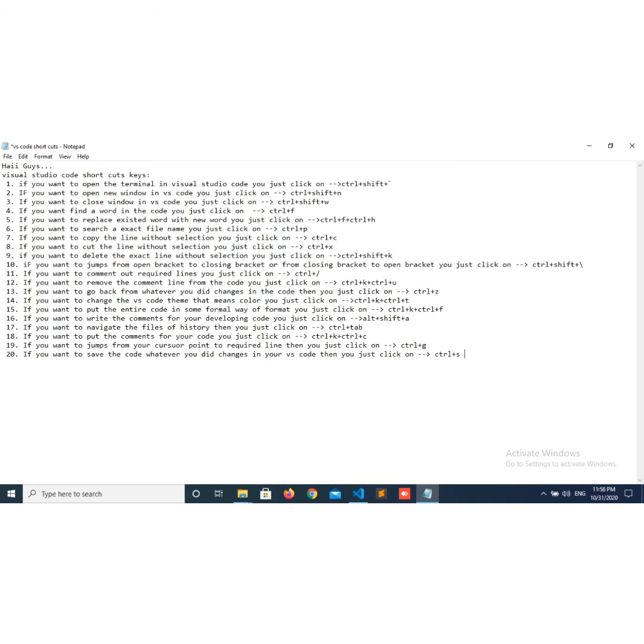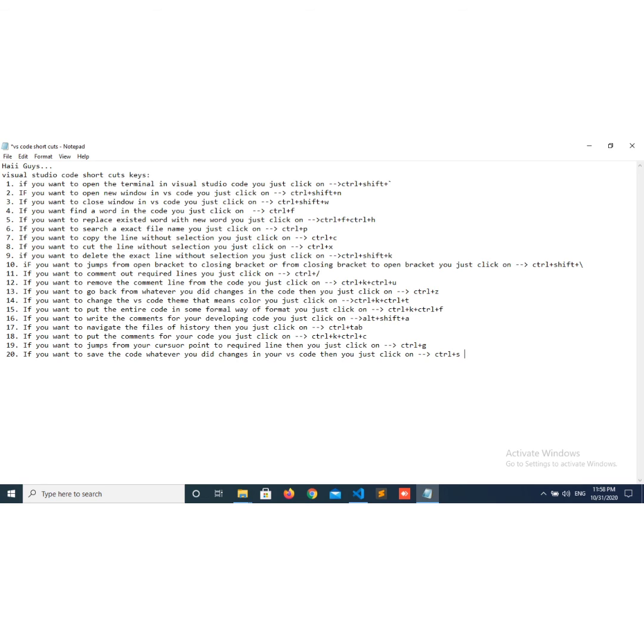And one more thing: in case you did changes in 4 or 5 files, you have to go to every file and give the command Control plus S for every file.